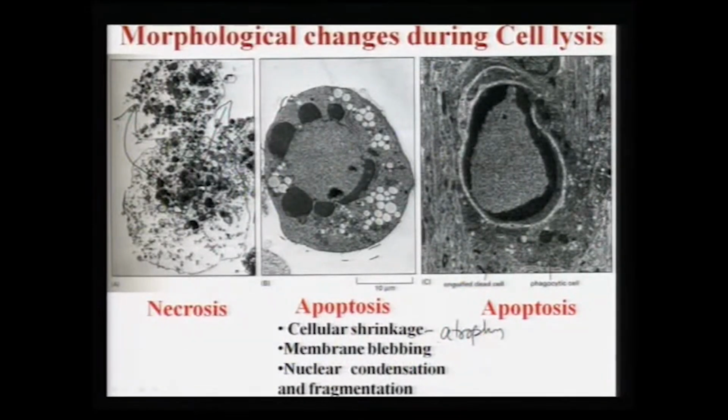Then there is membrane blebbing that also occurs, and third, many times there is nuclear condensation or fragmentation, which means that the nucleus that was there in a stable, live cell becomes condensed, or many times it fragments, or there is fragmentation of the nuclear membrane. So, these are the morphological signs of apoptosis, but in necrosis one can immediately understand that the cell membranes themselves are ruptured,